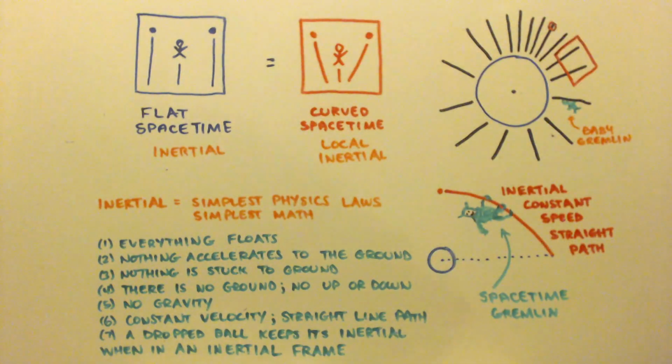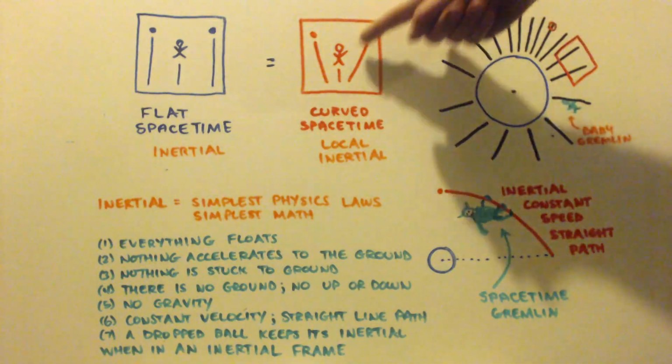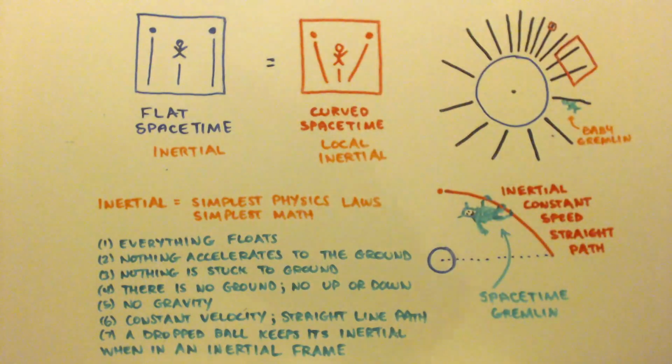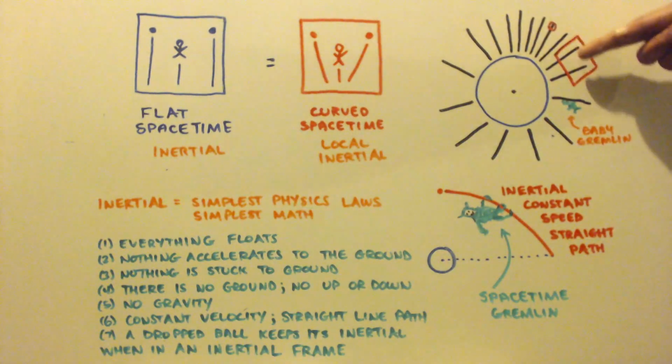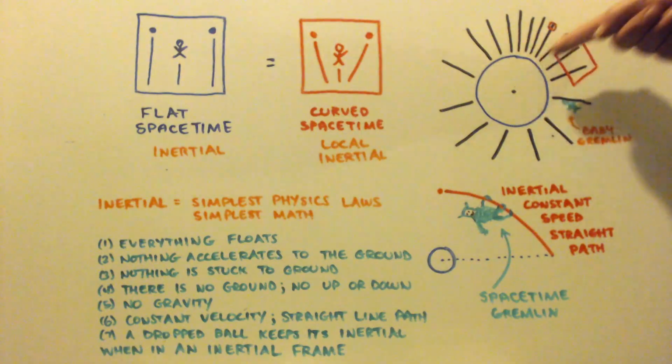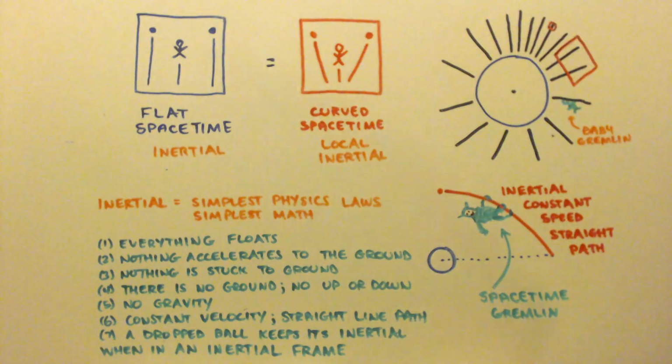You won't see this acceleration. But even if you had this big room, you're still inertial, because everything is still going in a straight line at constant velocity. It doesn't matter if your thing is giant. You're still inertial. But when they're saying local inertial, they're saying you're in a box that's small enough that you can't notice this acceleration of paths due to radial downward gravity.